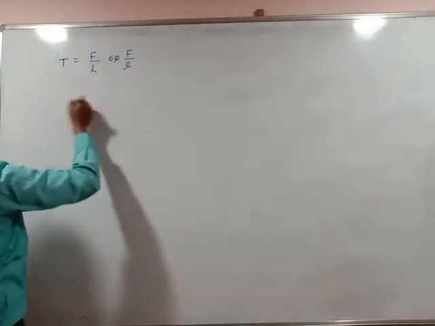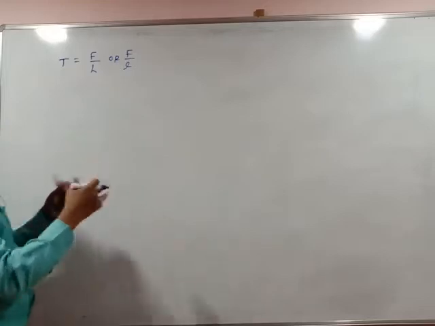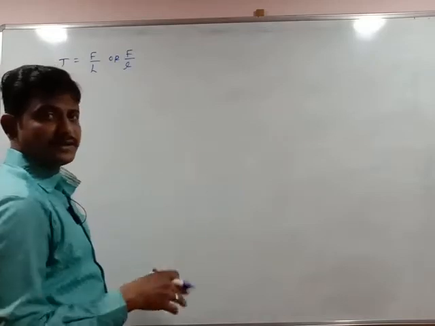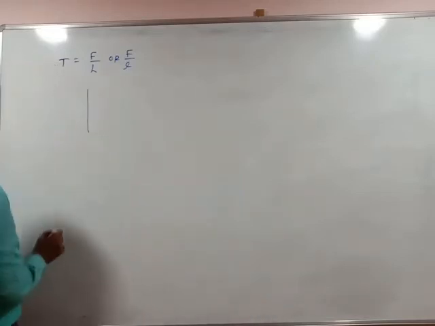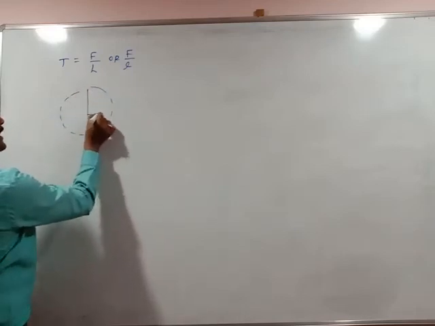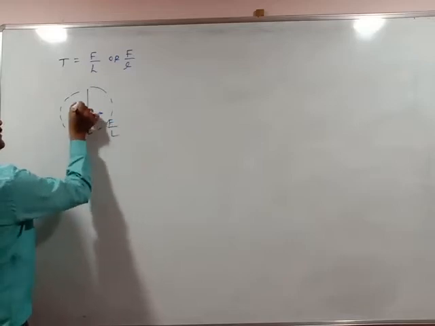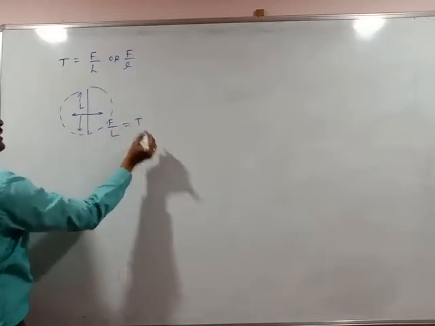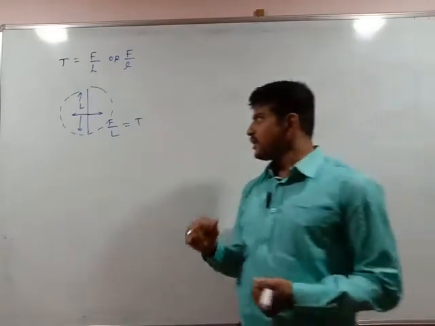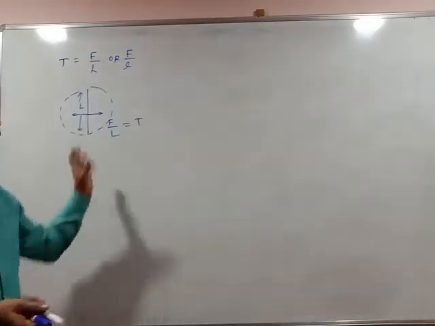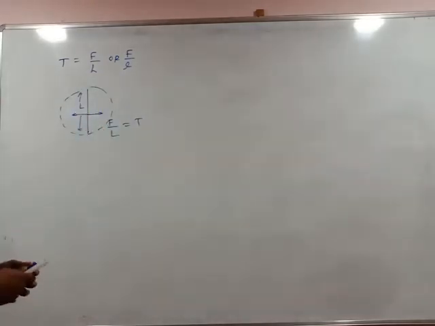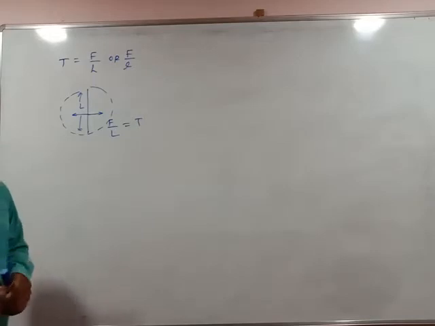In this lecture we are going to discuss how it can be applicable for a number of applications. Out of that I have considered only one example here in terms of the beaker, that we will see later. There is only one imaginary line. This we have discussed in yesterday's lecture. Force acting per unit length is said to be surface tension. Then how surface tension is used to stretch the films, that we will see in the next point, that is the relation between surface energy and surface tension.